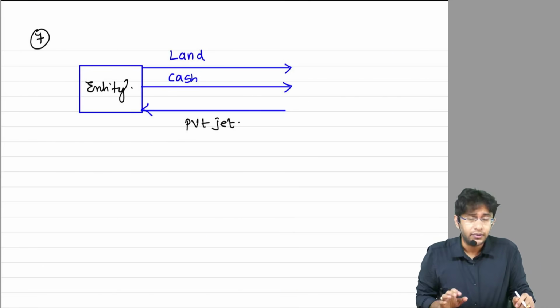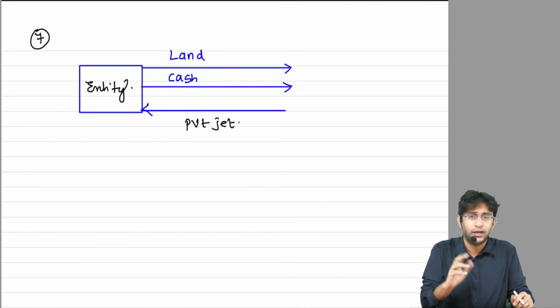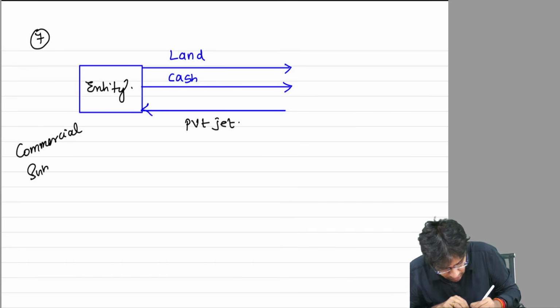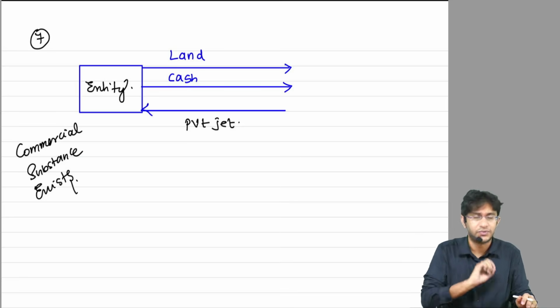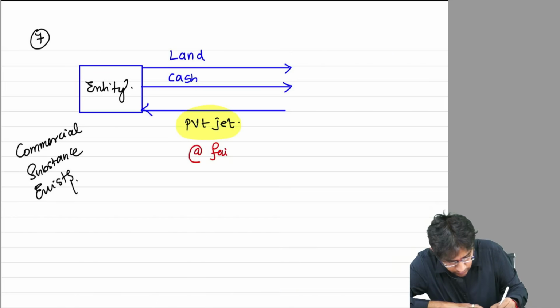Very clearly, the cash flows from the private jet will be different from the cash flows from the land given up. So definitely the question need not even tell you. Commercial substance exists. Now that commercial substance exists, the incoming asset, this fellow, will be recognized at fair value